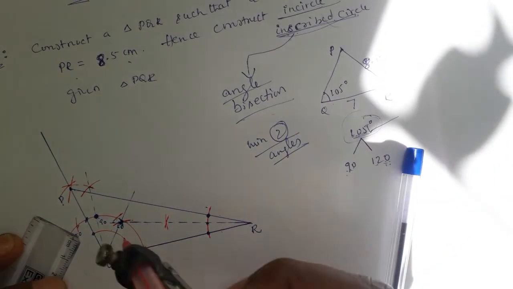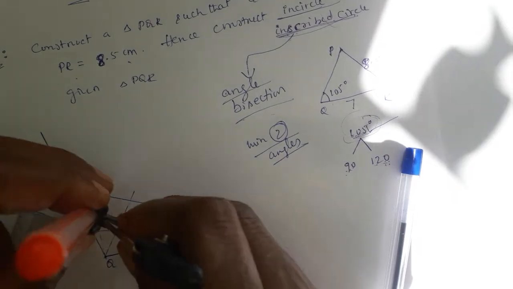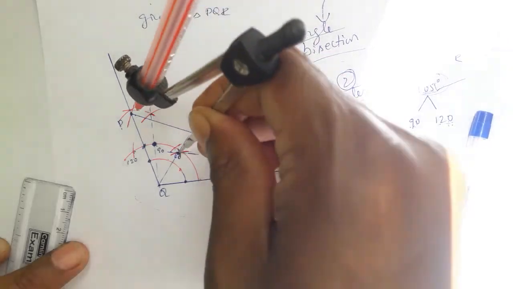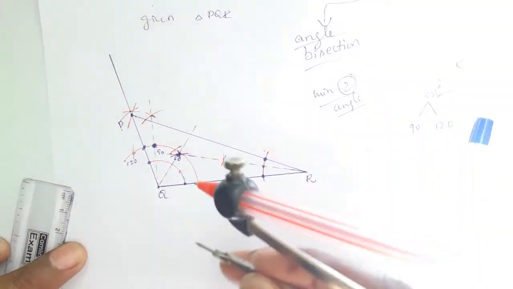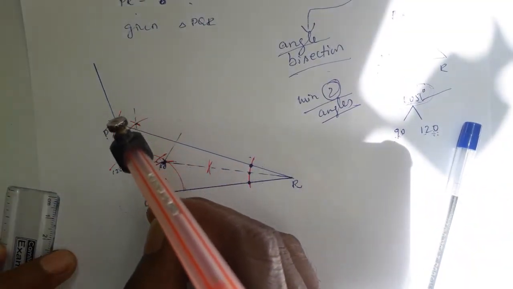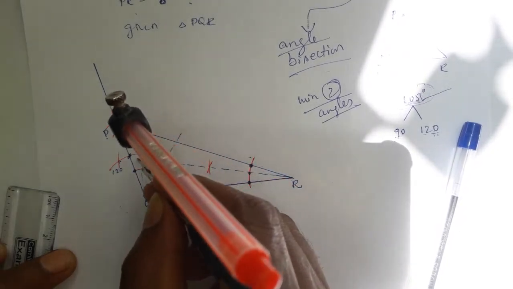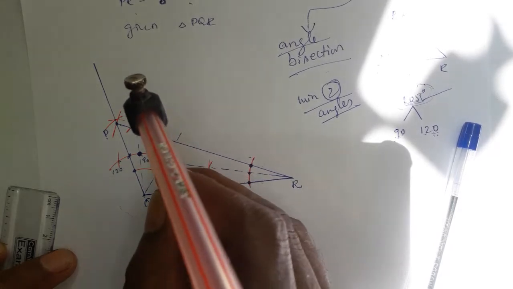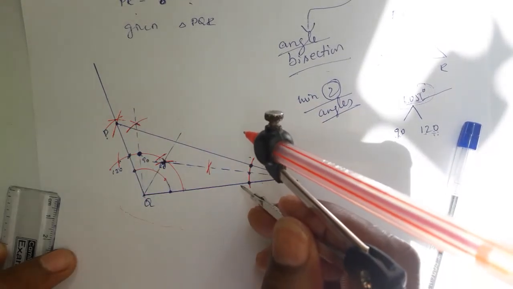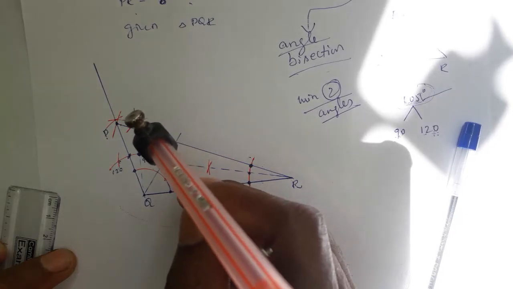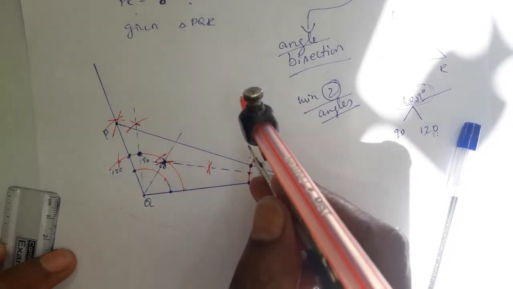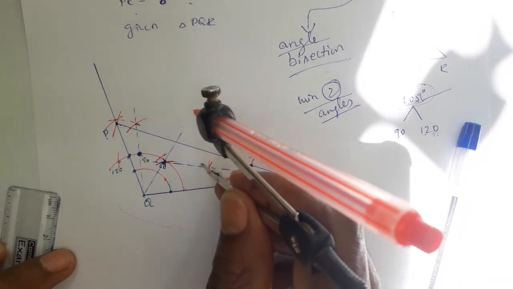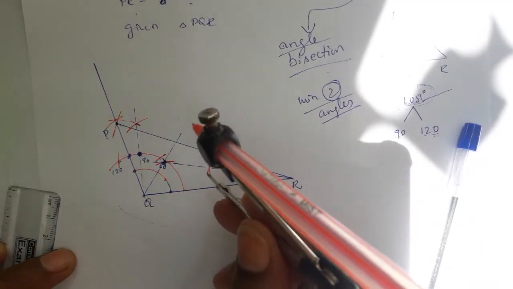From there you have to draw one circle. This time the circle is not passing through all three vertices, because it is the incircle. Now it should be inside. That means the circle just touches the three sides. In the incircle, the circle touches the three sides. If the circle passes through all three vertices, that is the circumcircle. If the circle just touches the three sides of the given triangle, that is the incircle.